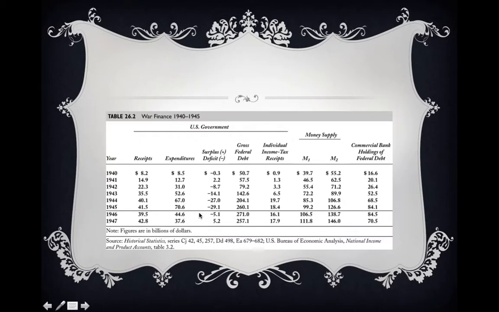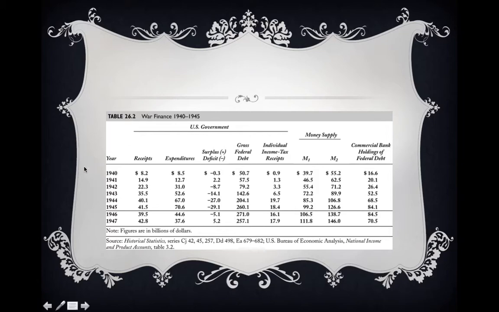So let's take a look at what happens with the deficit. And as you can see, the deficit is relatively small in 1940. And actually we have a surplus in 41, but we could see the scope of the deficit, how much it increases, almost to $30 billion. All right, and you can see also, if we take a look, that there's a dramatic increase in expenditures. The government was spending about $8.5 billion, and by 1945 it was spending almost 10 times that amount, roughly 9 times the amount that it was in 1940.